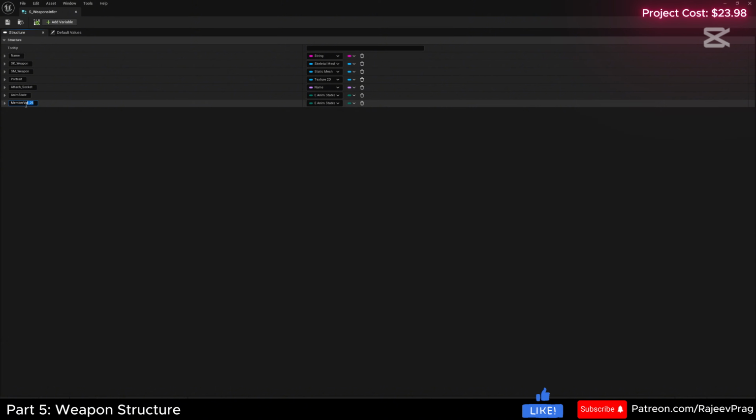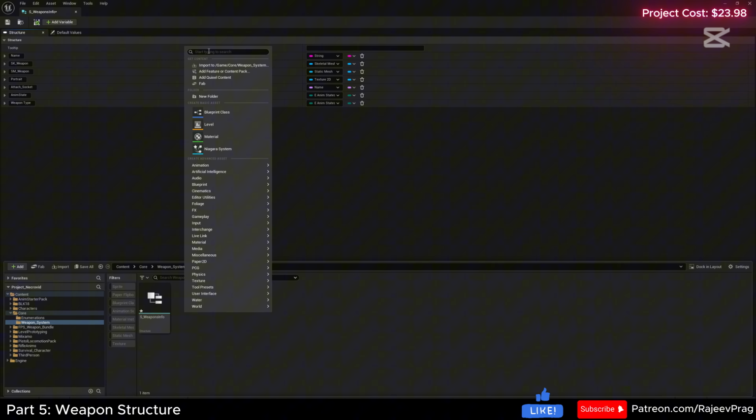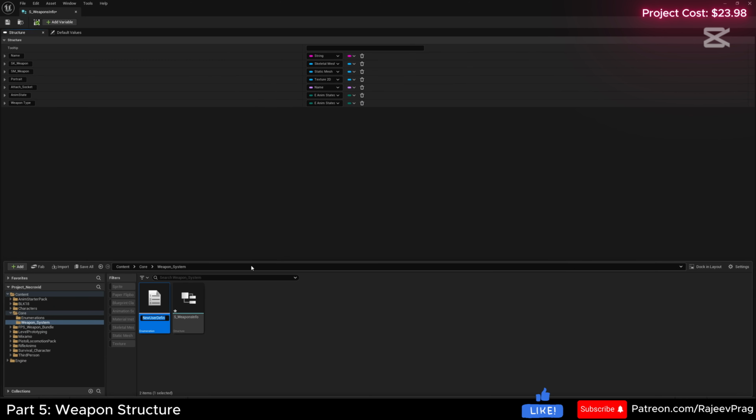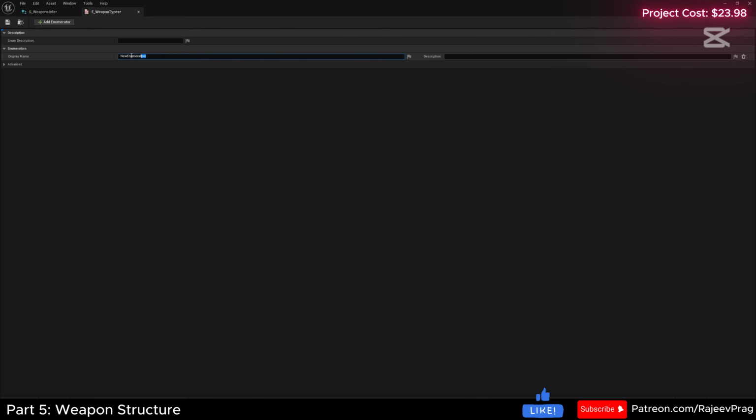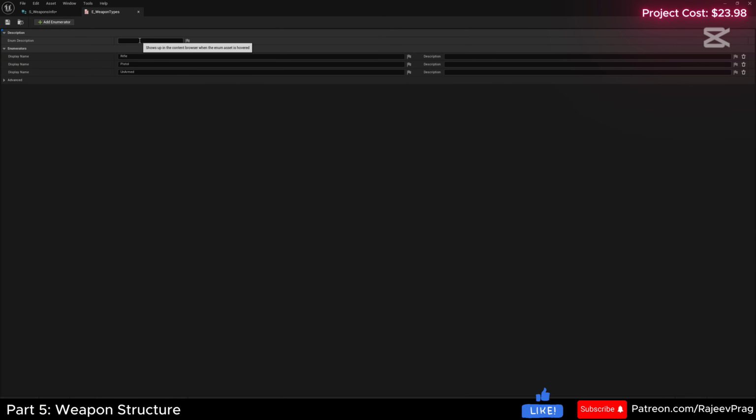And the next is going to be the weapon type. We're going to use an enumeration for this. So let's go back to our content drawer where we have our weapon system. We're going to go ahead and create a new enumeration, and this would be E_WeaponTypes. Open this up. And here we have rifle, pistol, unarmed. And as we add more and more weapons, we're going to come back to this list